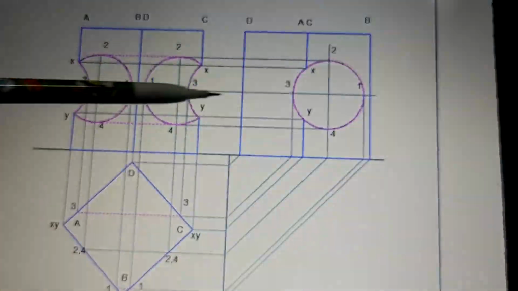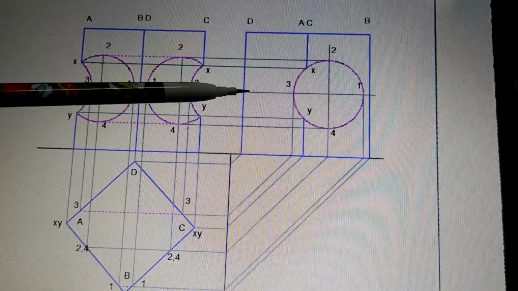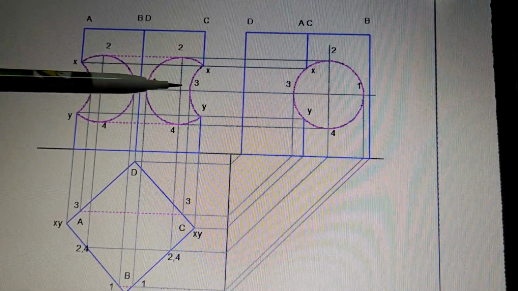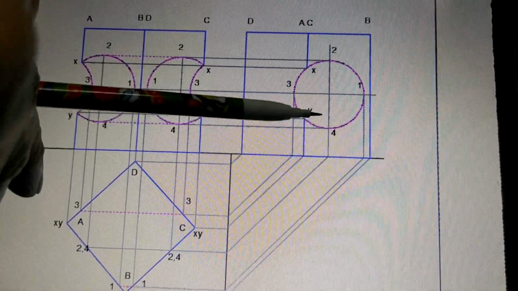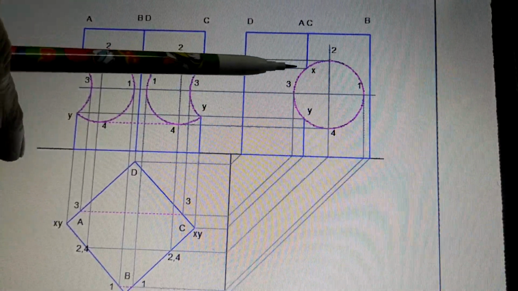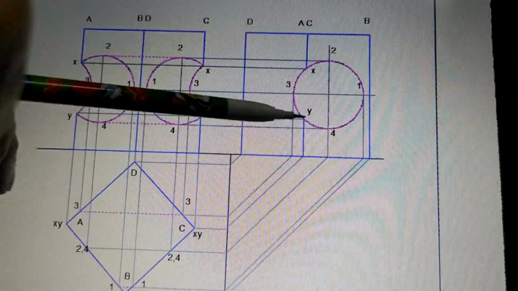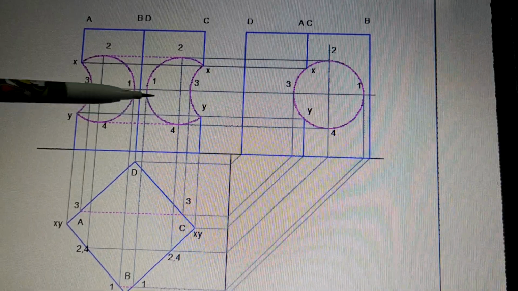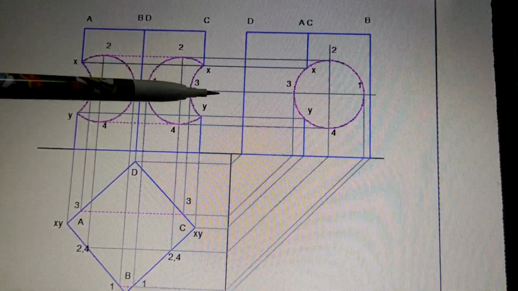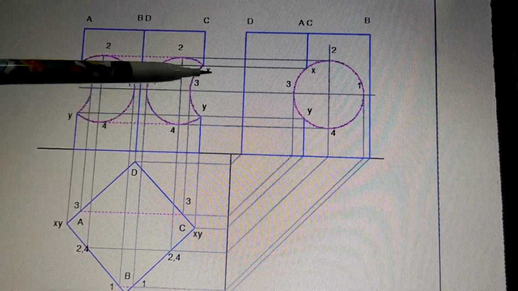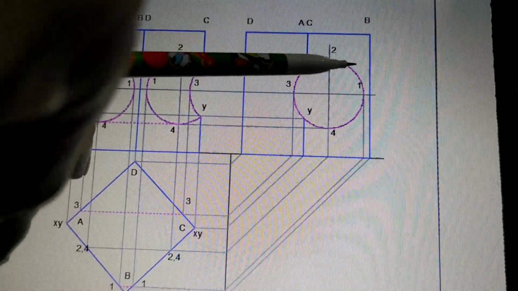Now you can see this figure is symmetric about this horizontal axis. If this is symmetric about the horizontal axis, that means whatever you have drawn on the upper side of this axis, the same thing will be there on the lower side. That means whatever we have done 1 to 2 to x, the same thing will be there on the lower side, 1 to 4 to y. So this part and this part will be symmetric. When you project, these are the points that will come. So x 2 1 4 y, then here it is x 2 1 4 y.